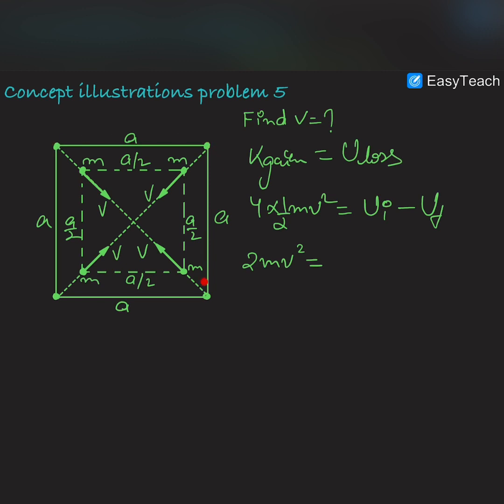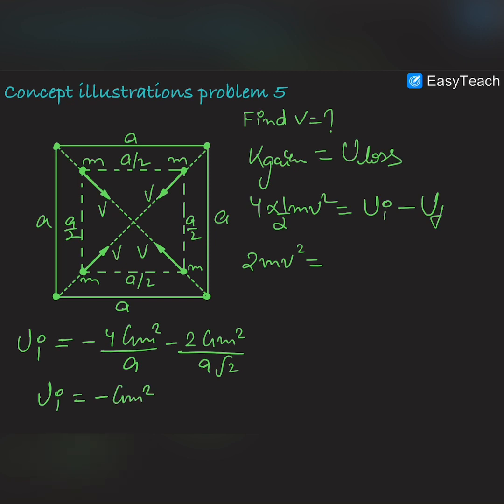You can see that there are 6 pairs, 1 2 3 4 and 5 6. So let us find out the initial potential energy. So it was minus of 4 GM square by a for these 4 pairs, and for the other 2 pairs it is minus of 2 GM square by this distance, which is a by root 2, in fact root 2a. This complete distance is root 2a. So U initial would be